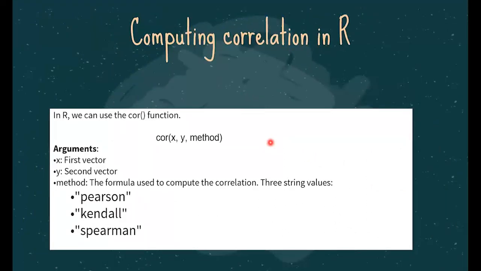Then, computing the correlation in R, we'll use the function cor, which computes the correlation. By default, the X and Y values have to be submitted. By default, the method is Pearson. So if I do not type anything, it will go to the Pearson correlation coefficient, but I will type Pearson or Spearman. Kendall is out of syllabus, so I will consider only Pearson and Spearman, and that will give us